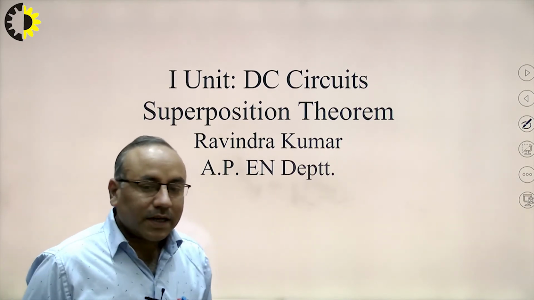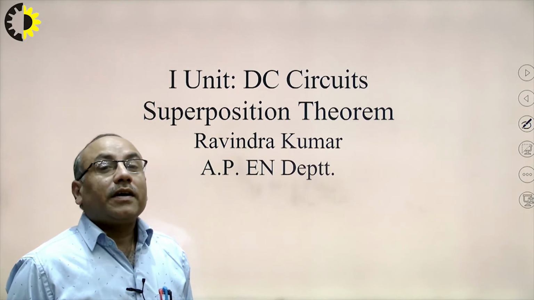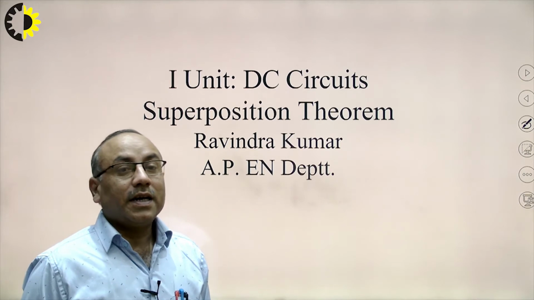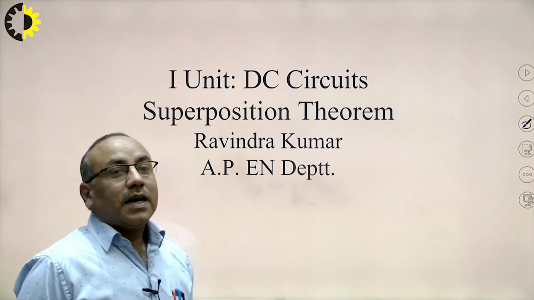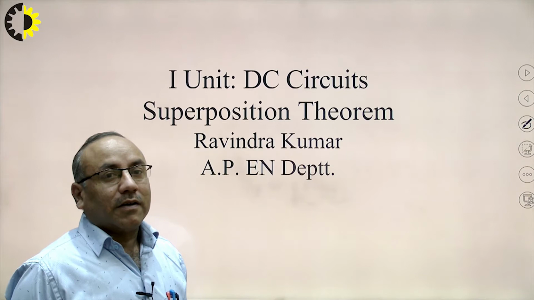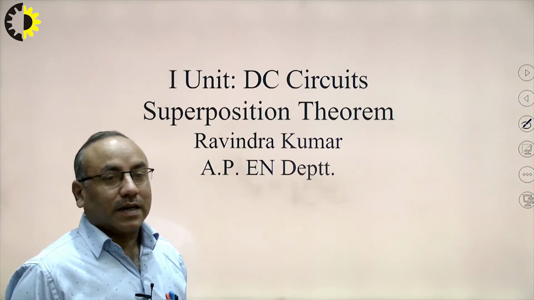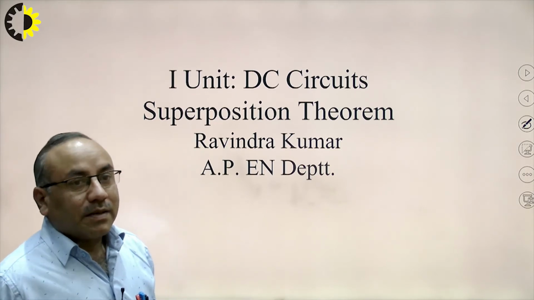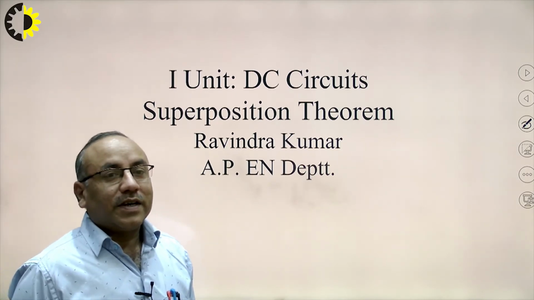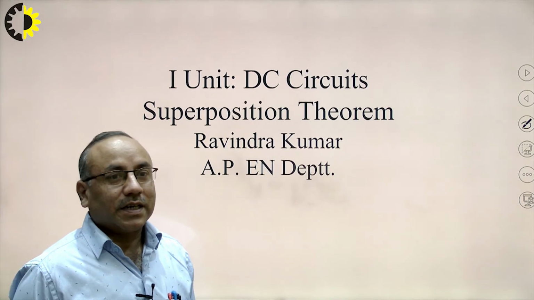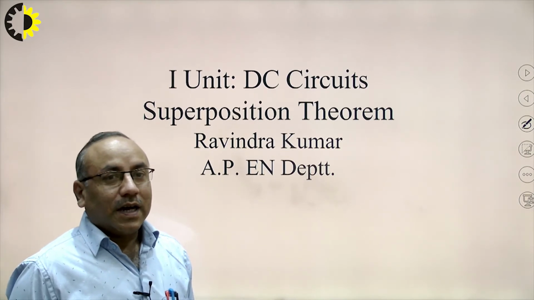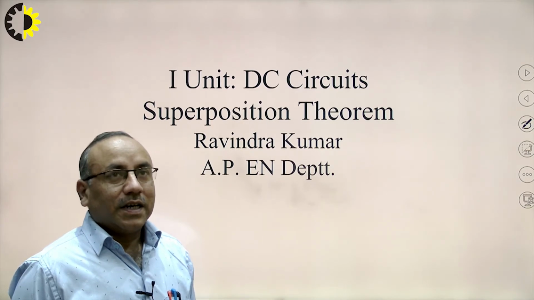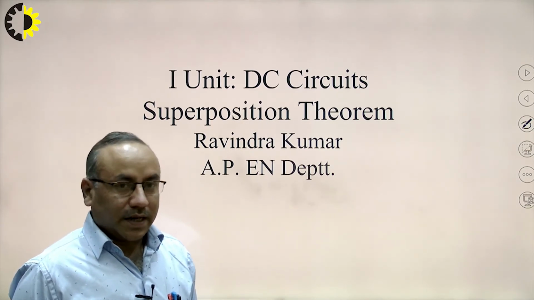When we solve the circuit, we find the current in the different branches or in the different elements connected in the circuit, and also we find the voltage across the various elements or across the branches which are in the circuit. In the same sequence, if we go further, we can simplify the circuit using different theorems, which are known as circuit theorems or network theorems. And in this again we find current or voltage in any branch of a given circuit.